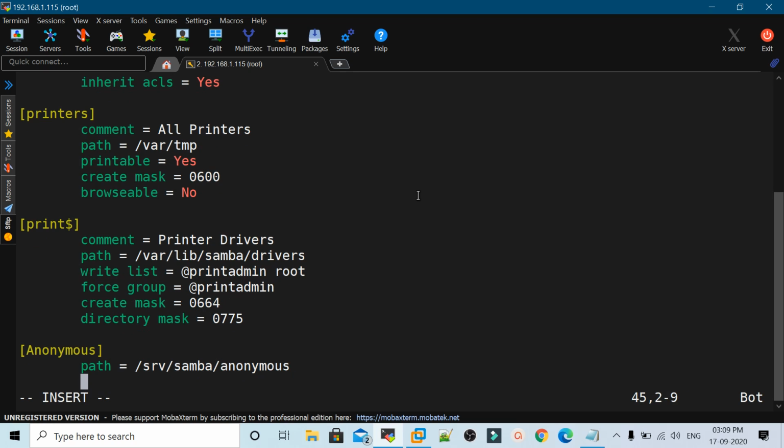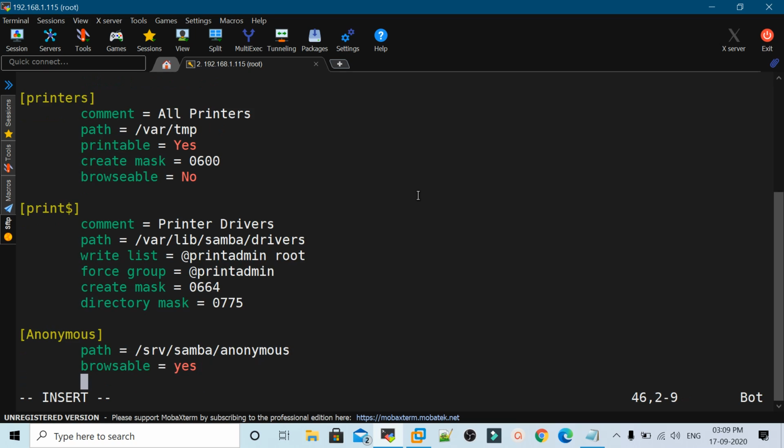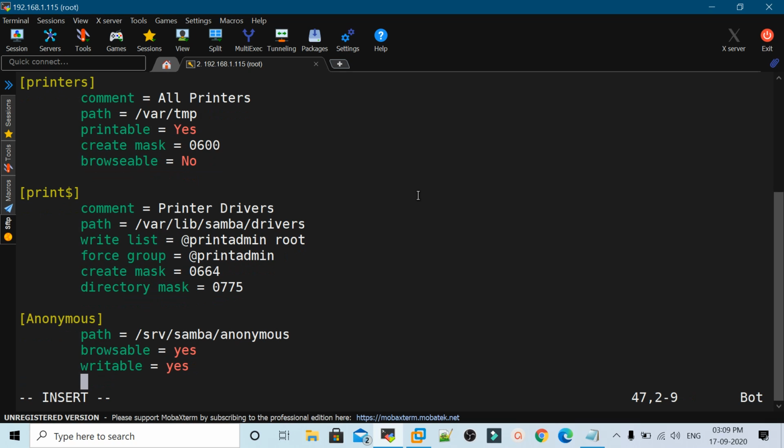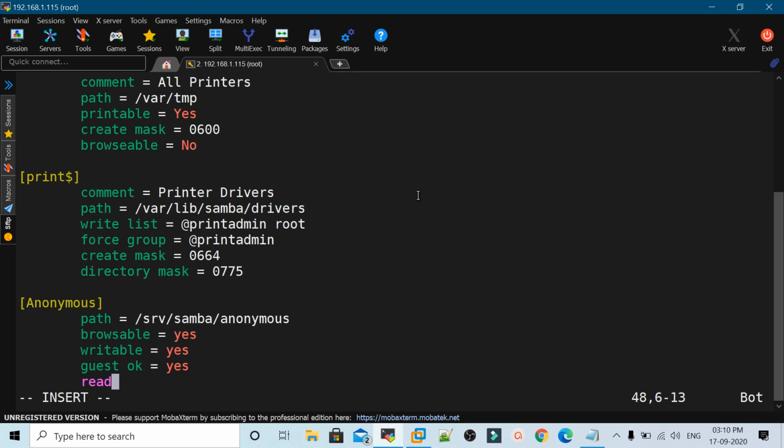Then I will set it to browsable. Browsable is equal to yes. Writable is equal to yes, because I want to write the files, I want to create the files there. It should have the right permissions. Guest ok is equal to yes. Then read only I will mention as no, and then I can save this file